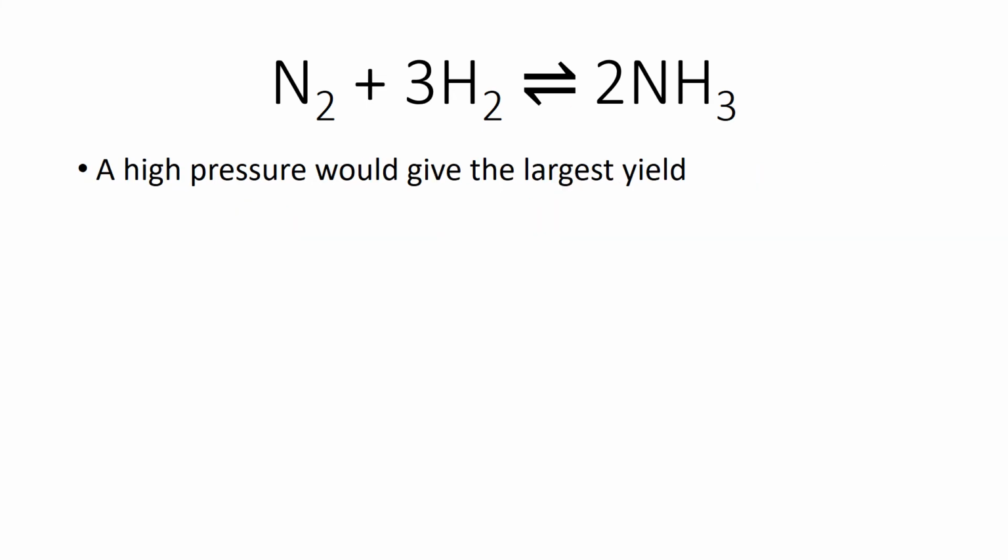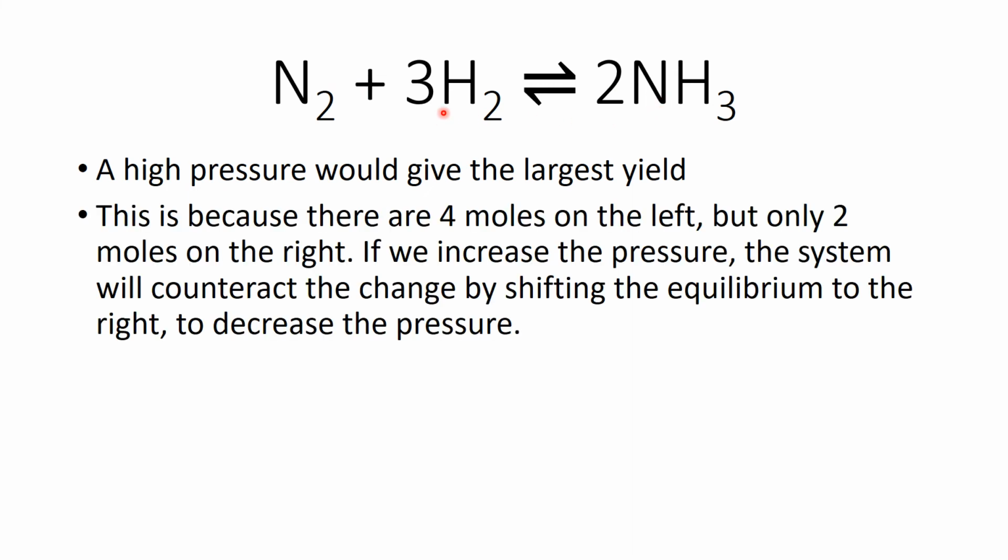Hopefully what you've identified is that you'd want as high a pressure as possible. All of these molecules are gaseous: nitrogen, hydrogen and ammonia. If you've got a high pressure, there are 4 molecules on the left hand side here, 1 plus 3, but only 2 molecules on the right. If we increase the pressure, that will shift the equilibrium to the right hand side to counteract the change